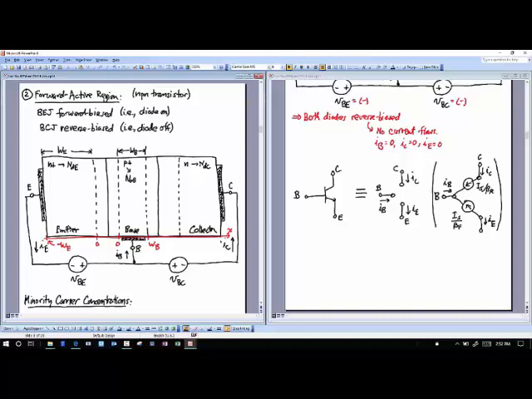So the simple picture here is that, I'll live with that. I don't like the way that NAB is sticking out in there because it's going to get in my way, but I'll just run over it when I draw things. But the simple picture is that I've turned on this base to emitter junction. What does that mean? I'm forward biasing. That means I've got electrons flowing from this N plus region to the P plus region. Right? They're injected into the P plus region, and you know that that's an exponential function that they inject in.